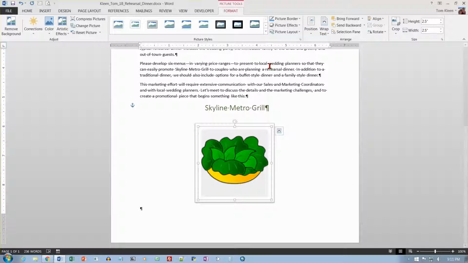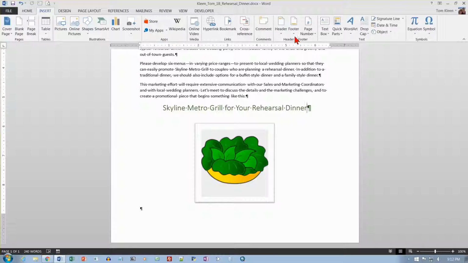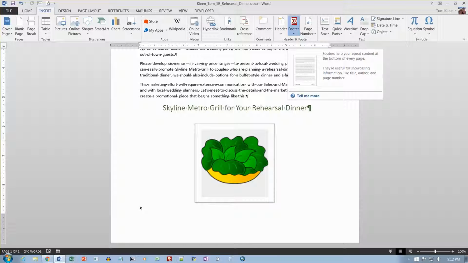And it says above the picture, click to position the insertion point at the end of the word grill. Press the space bar one time and type for your rehearsal dinner, and then we want to save our document. Click on the save button up here, and then we want to go insert, and we're always going to do footers in this class, so click on footer,